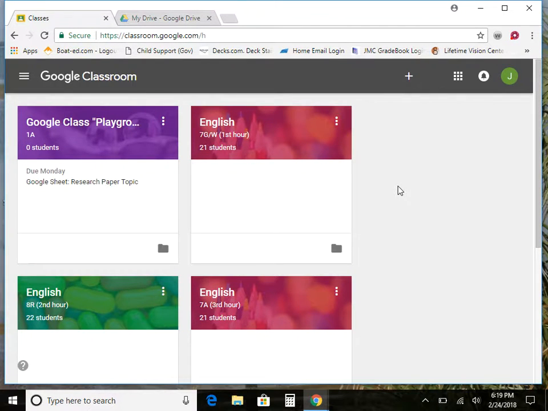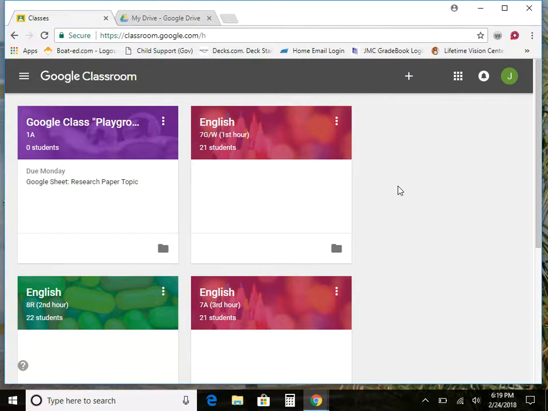But if you feel there's no need for any of those things, it might make better sense for you to just delete the class altogether, and we'll look at both of those options in just a second. An archived class will also allow students to access or view any work or posts that they may have shared onto that Google class. Here are some steps that you need to follow in order to archive a current class